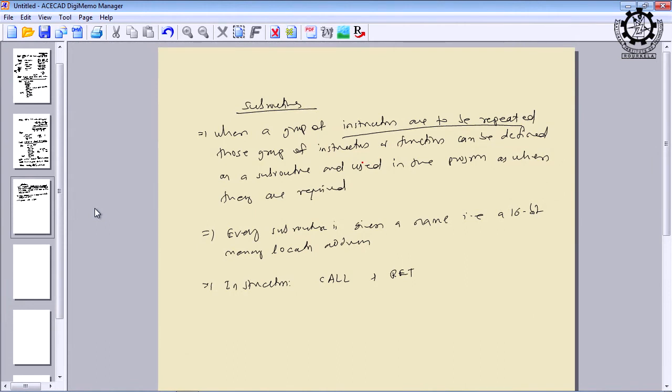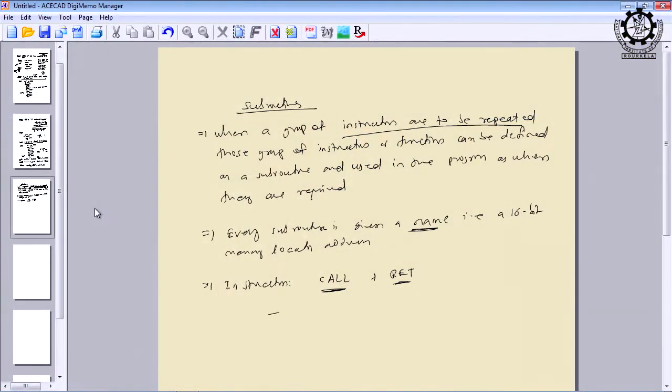And usually in an assembly language program, the subroutine name refers to a 16-bit memory location address, and you can call it by using the instruction CALL, and whenever the subroutine execution is over, you can use the instruction RETURN, so that the control will come back to where the execution was diverted.